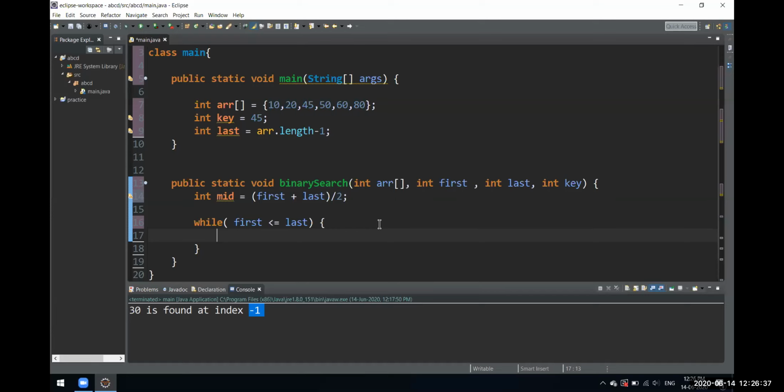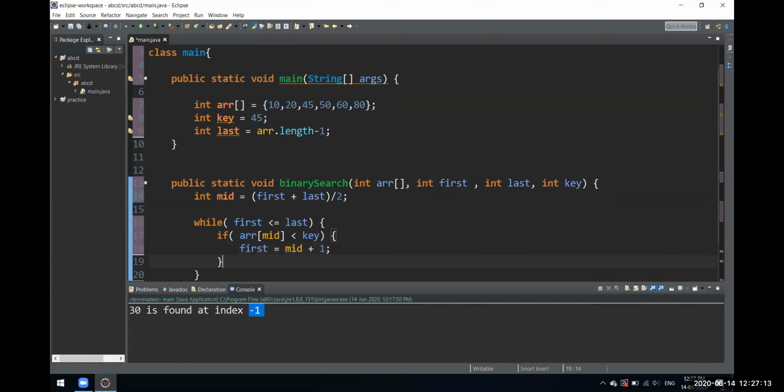If the array's mid, the midpoint of that array, is less than the key, then we'll assign that variable to our first one. First just let me build the whole code, then this will be clear to you. This is very easy, not a big deal.